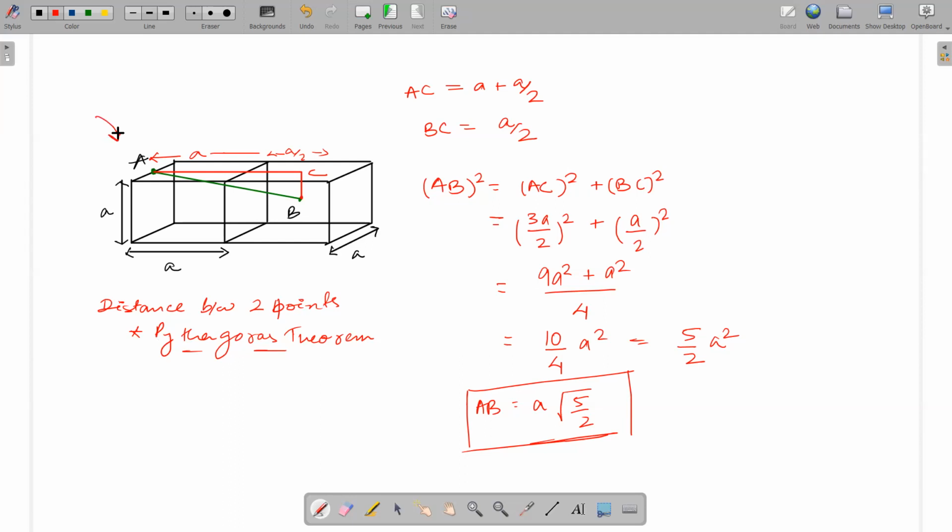These type of questions generally won't come in your CBSE examination, but I have given you a general idea. Even if it comes in any competition where you have to find distance, then you can easily find it. Okay. So if you want to write this down, please write it down. Yes, sir. Okay.